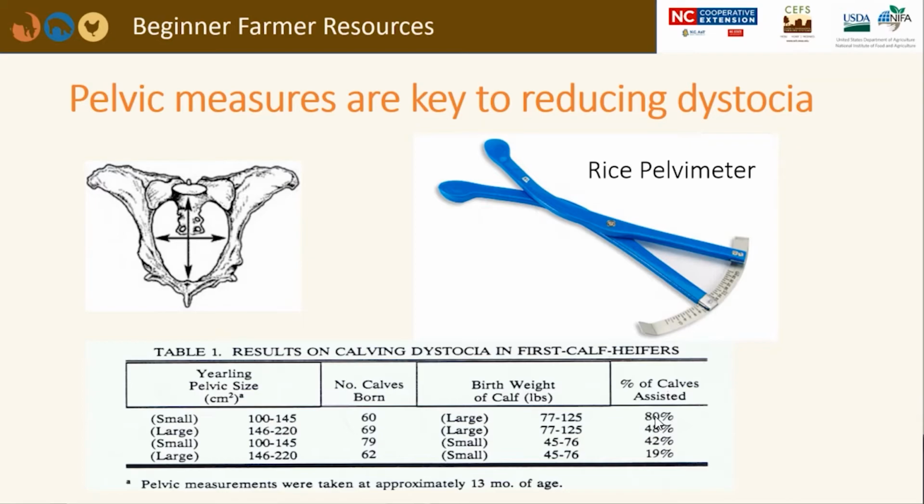In this case, 80% of those very small pelvic area heifers had to be assisted with their calves, whereas those with larger pelvic areas, with the same large-sized calves, had a lot less calving difficulty. With smaller calves, the same holds true: those small pelvis heifers had, in this study, 42% problems, while the well-developed heifers had 19%. So still, you see there are no zeros here, and so heifers will have calving difficulty, and